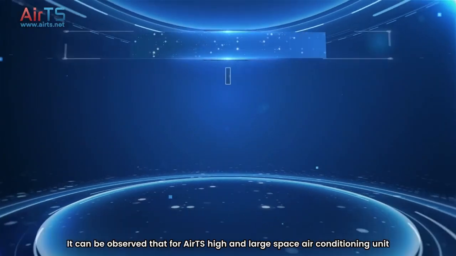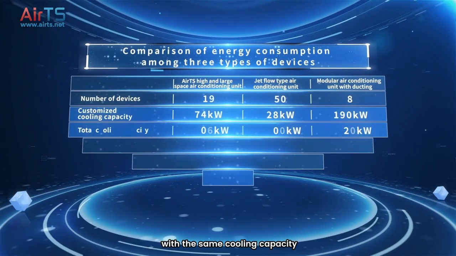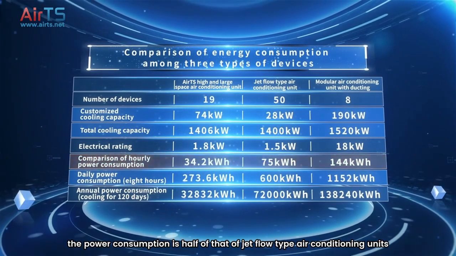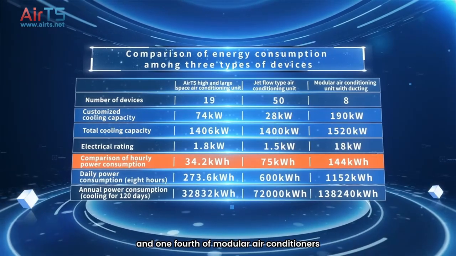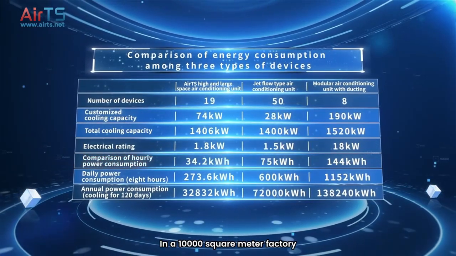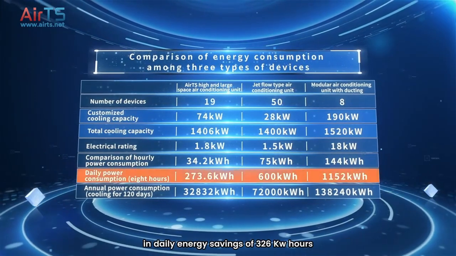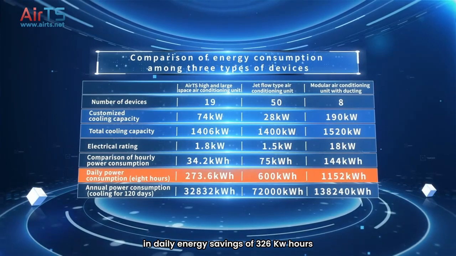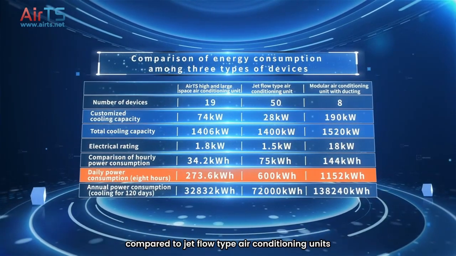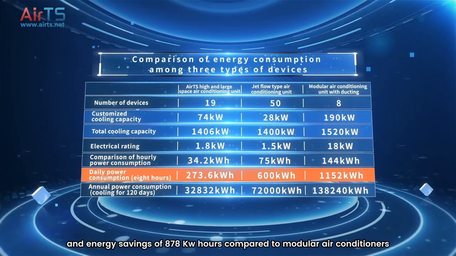It can be observed that for AirTS high and large space air conditioning unit with the same cooling capacity, the power consumption is half of that of jet flow type air conditioning units and 1/4 of modular air conditioners. In a 10,000 square meter factory, using AirTS high and large space air conditioning unit results in daily energy savings of 326 kilowatt hours compared to jet flow type air conditioning units and energy savings of 878 kilowatt hours compared